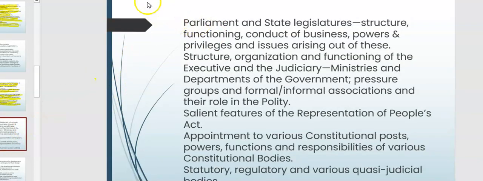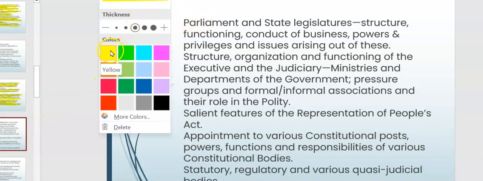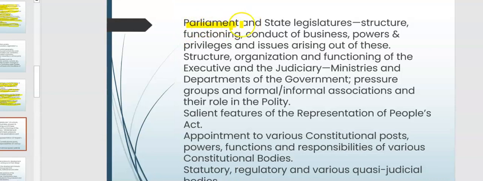Moving on to the next slide, what we get to see is Parliament and state legislatures, structures, functioning, conduct of business, powers and privileges and issues arising out of these, structure, organization and functioning of the executive and the judiciary, ministries and departments of government, pressure groups and formal informal associations and their role in the polity, salient features of the Representation of People's Act, appointment to various constitutional posts, powers, functions and responsibilities of various constitutional bodies, statutory, regulatory and various quasi-judicial bodies,